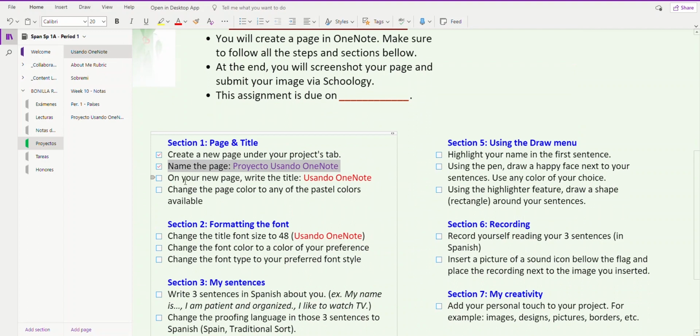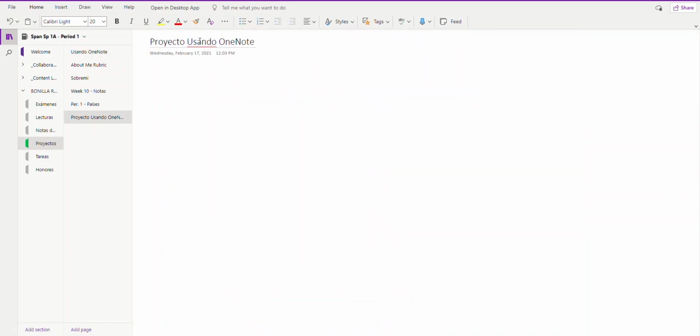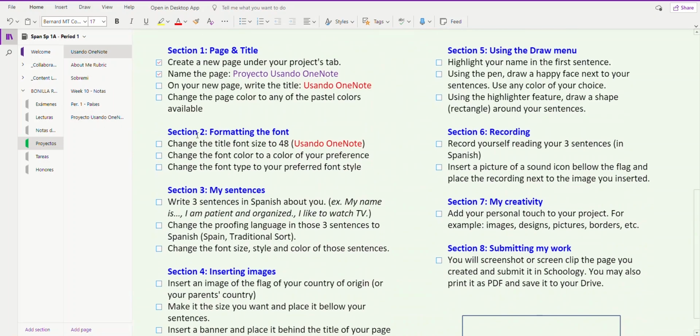And now the next one says, on your new page, write the title Usando OneNote. It's not repeating the step. This is the name of your page, but this whole thing is the page and it's blank. Now we're going to write a title. And wherever you click in OneNote, that's where you can start typing. And I like the title to be in the center of the page. And the title is Usando OneNote. I know it looks really tiny, but we'll see the next step in our rubric. So we're done with